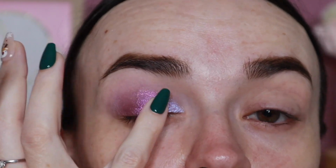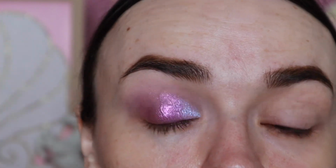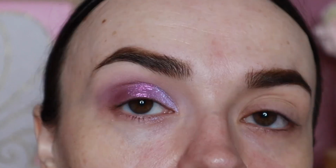Then I'm just going to take my finger and tap in the middle of those two shades just to blend them a little bit. Look at that. Beauty. Just pure beauty. Okay, I'm just going to put on some mascara and a lash, and I already know